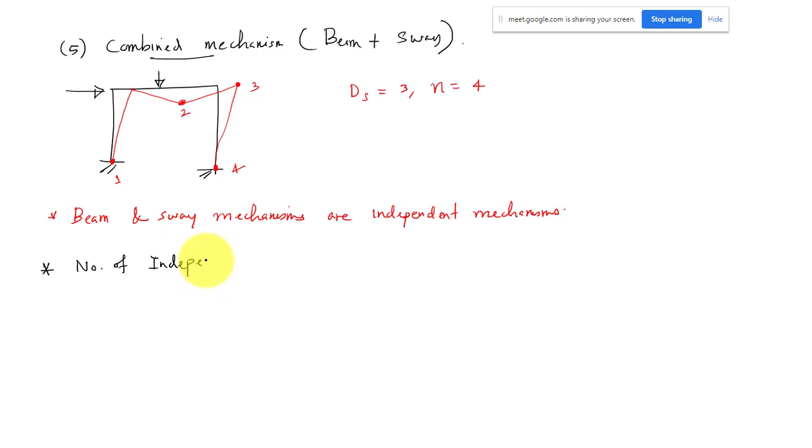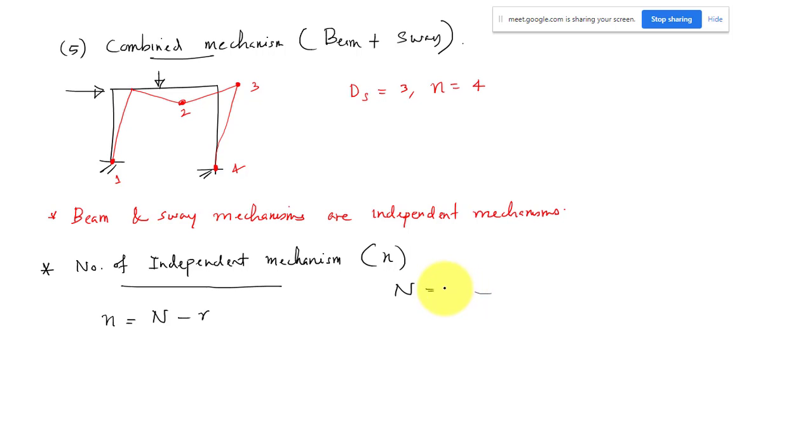independent mechanisms. How many mechanisms are possible in a structure? That question also used to ask. Okay, the number of independent mechanisms. How many mechanisms? Suppose if you have a frame structure given, how many mechanisms are possible? Okay, that is given by another equation, n minus r, where n is the number of possible